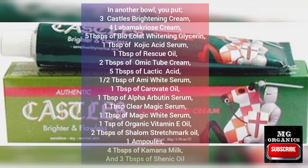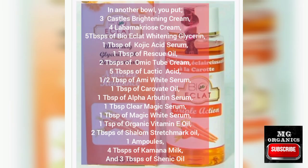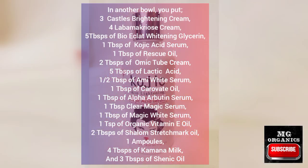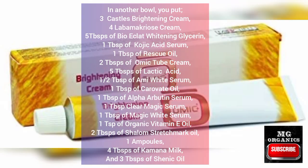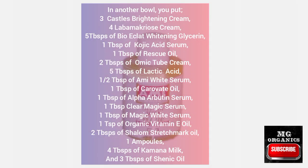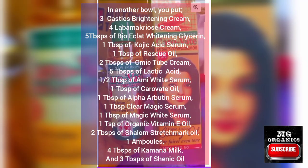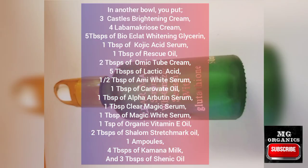In another bowl, you put 3 Castle's brightening cream, 4 Macrose cream, 5 tablespoons of BioElast whitening glycerin, 1 tablespoon of Kojic acid serum, 1 tablespoon of rescue oil, 2 tablespoons of Omic Tube Cream, 5 tablespoons of lactic acid, half tablespoon of Army White Serum, 1 tablespoon of Caravate oil, 1 tablespoon of Alpha Arbutin Serum, 1 tablespoon of Clear Magic Serum,